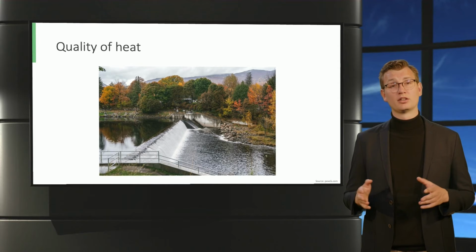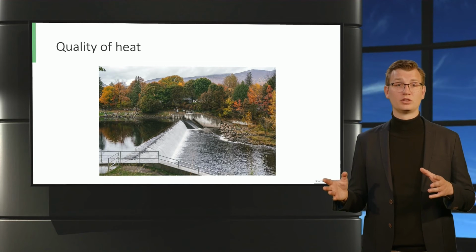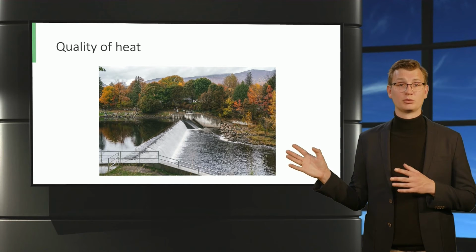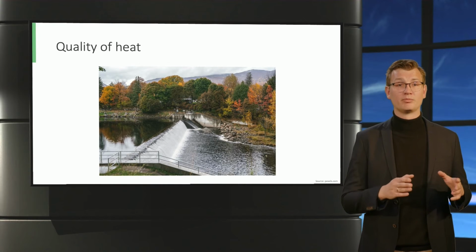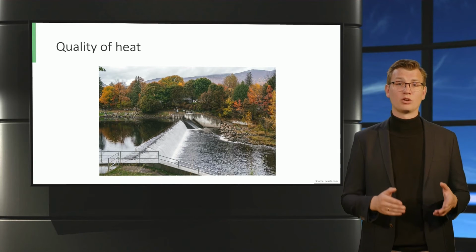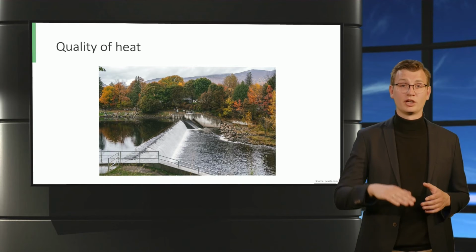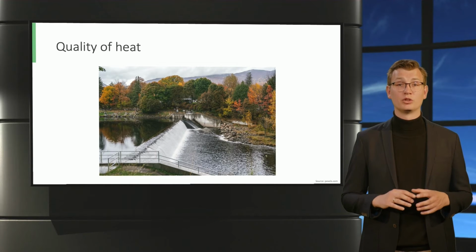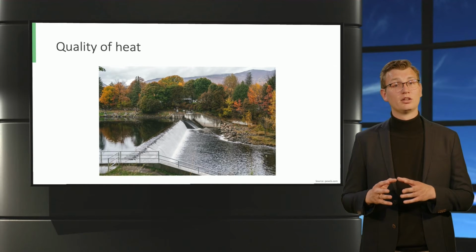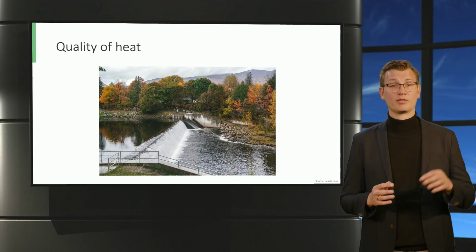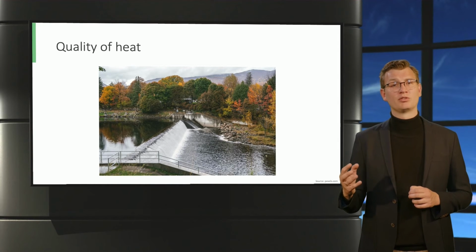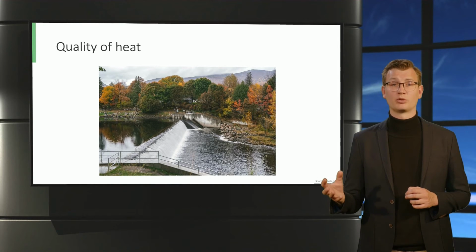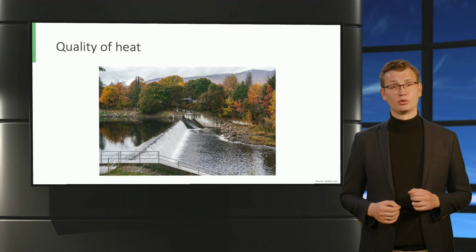Let's take the energy conversion in a dam as an example. Before the water falls off the dam, it has so-called potential energy due to its relative height. After it falls off the dam, this potential is converted into heat and the temperature of the water is increased. This increase in temperature is relatively small and will not allow us to drive, for example, a turbine, something that would have been possible before the conversion.